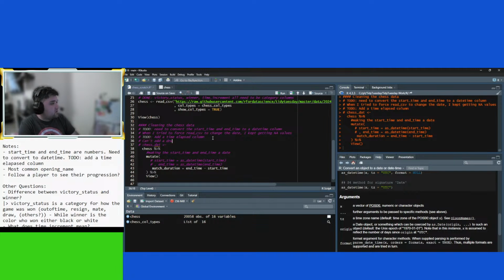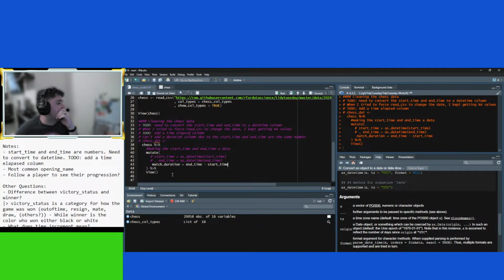I can't add a duration column because the start time and end time are the same number. Okay, well, that really sucks.